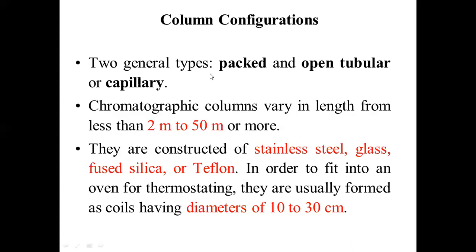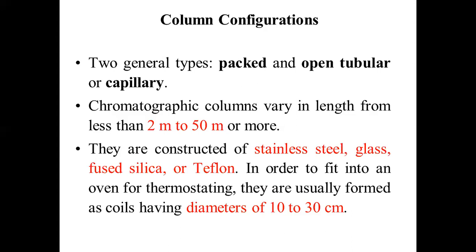Next, one of the important components of the gas chromatograph is the column. As I said yesterday, a column is the heart of the chromatograph, the gas chromatographic instrument. The column is going to play a very, very important role, highly essential, because the column is the component in which the separation is going to be done. So the configuration or the material used to construct a column, the dimension of the column, the material present inside the column, the chemical property of that particular column, and the physical properties of the packing material present in the chromatographic column, all these things are very, very important.